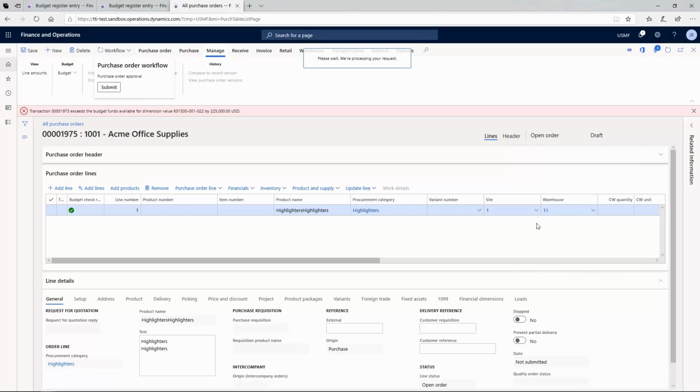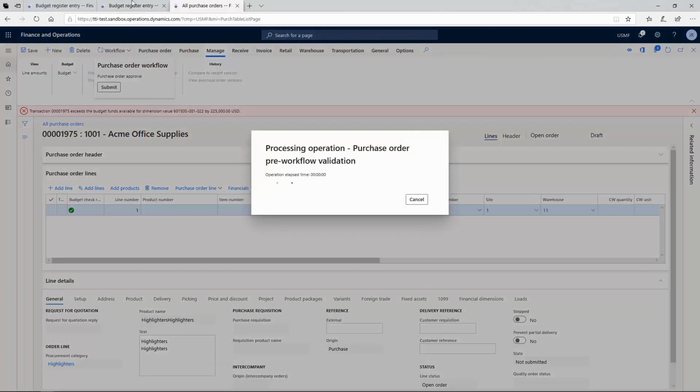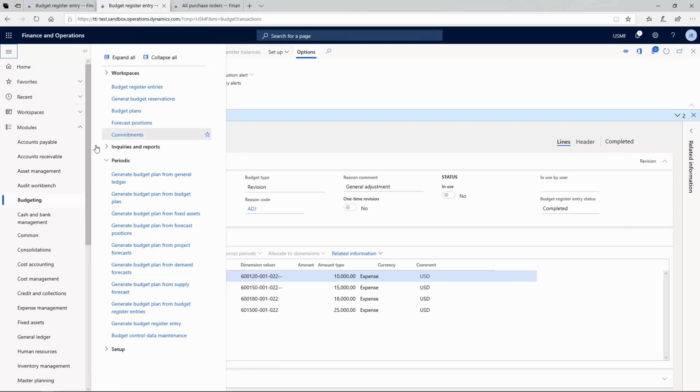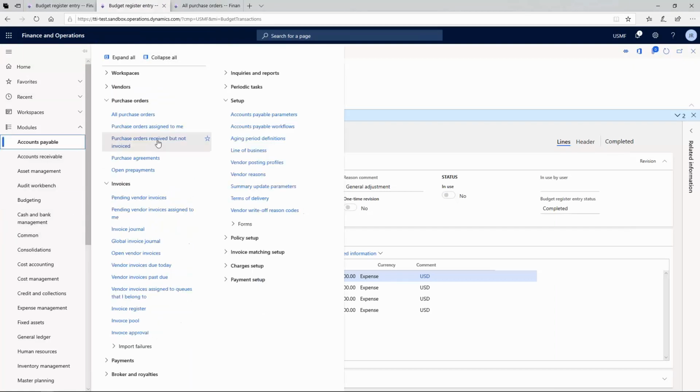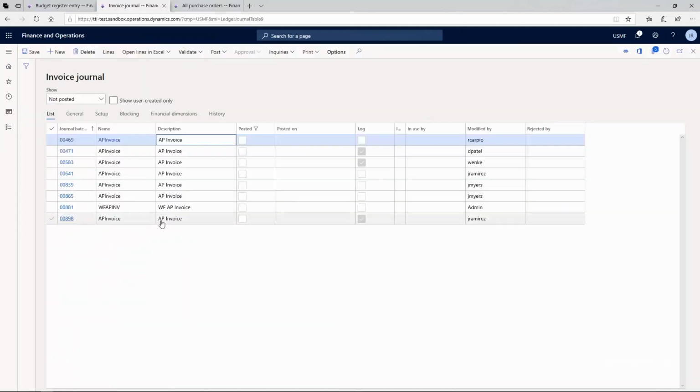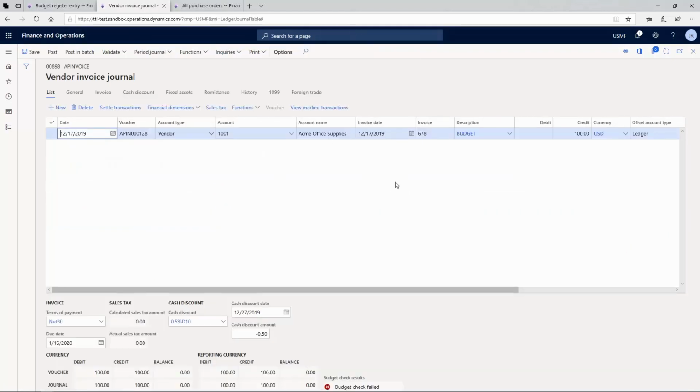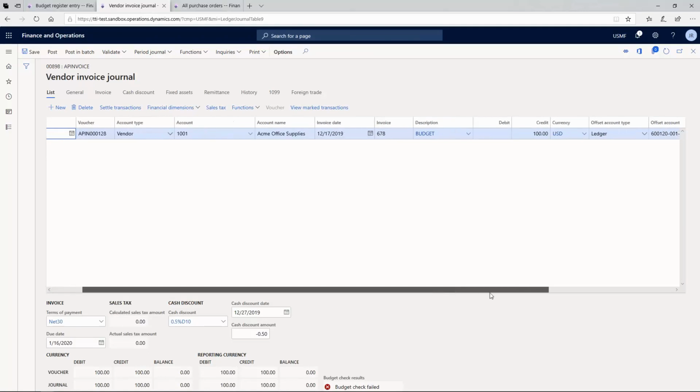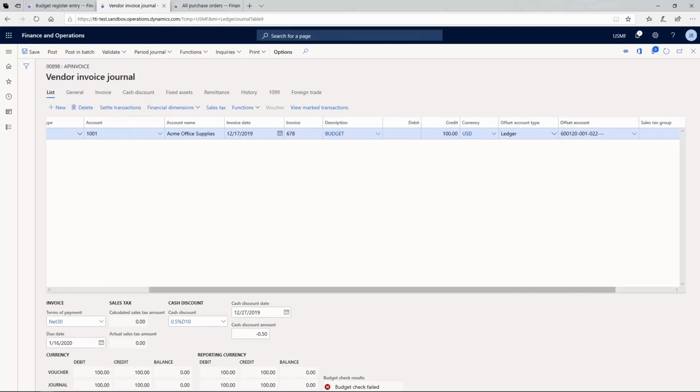Okay, so the next exercise that I just wanted to show you is how we can do this from, let's say, a regular expenditure, right? So I have for this an invoice journal. This invoice journal, let's say this is utilities, right? In this scenario, I am going to spend $100 for this utility. I will say functions, I'm sorry,